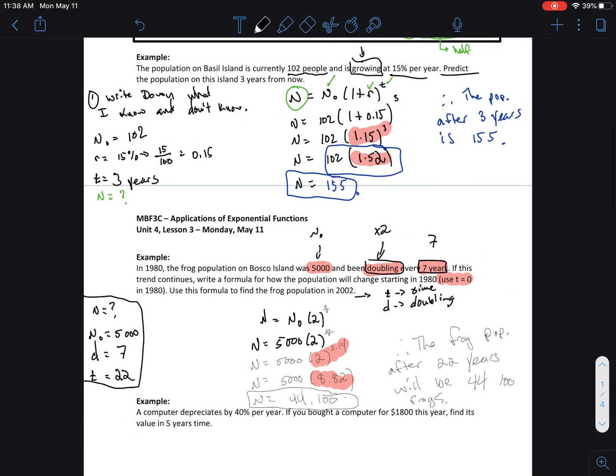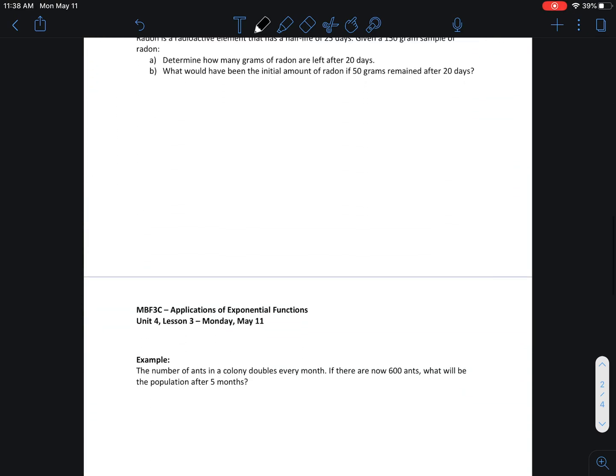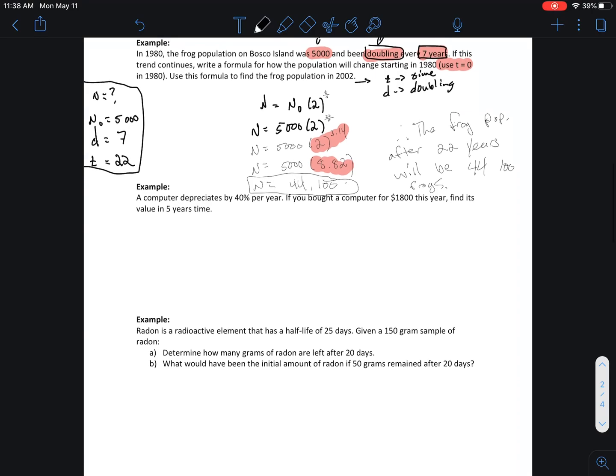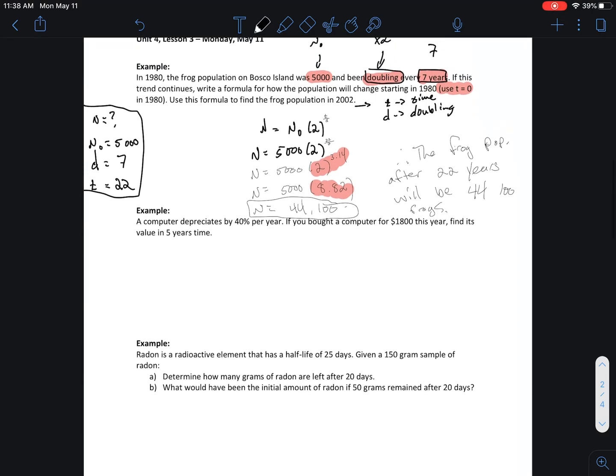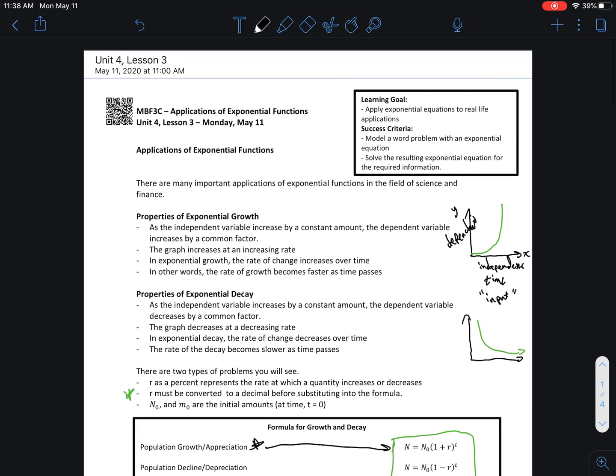So I'm going to take a little break here, and then I'll do part 2 so you guys can have a full understanding. What you're going to see here with these particular questions is that we saw growth, things growing. We're going to see in the next 2 or 3 examples